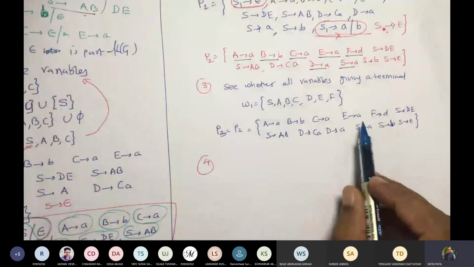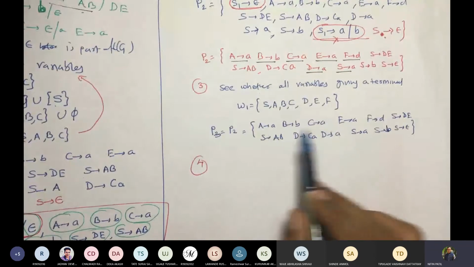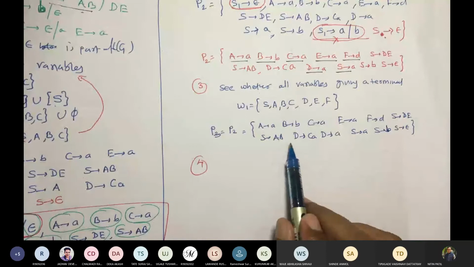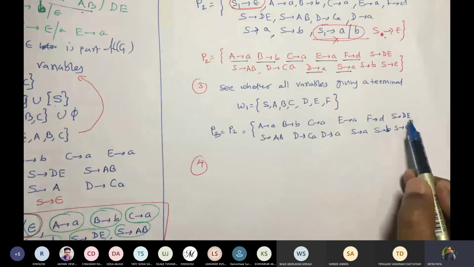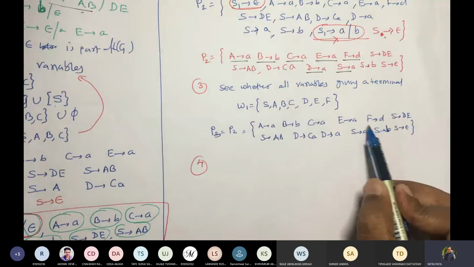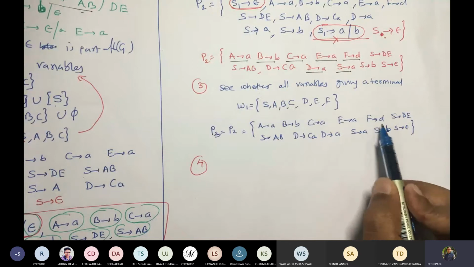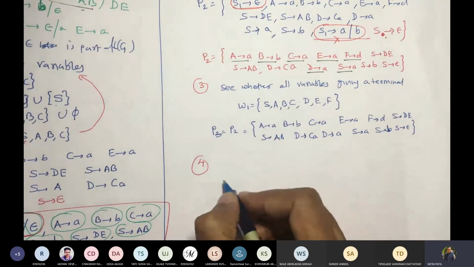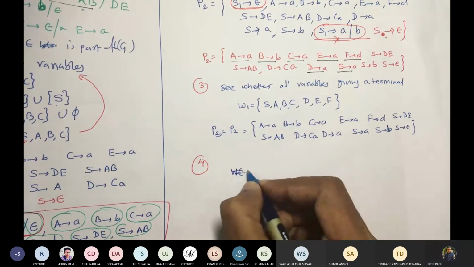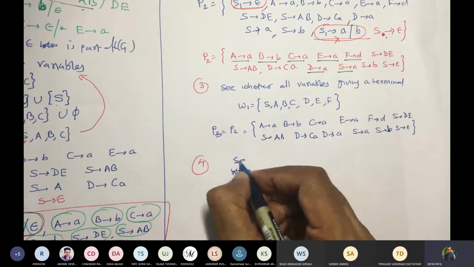Fine. Now if you carefully see, you can point it out here. S gives AB, so A and B are occurring on the right side. Is D occurring? Yes, S gives DE, D is occurring. Now you may say that F is not occurring on the right side of any production, so F gives D would be removed here. So what we will do is start with the W construction. Now this algorithm is for